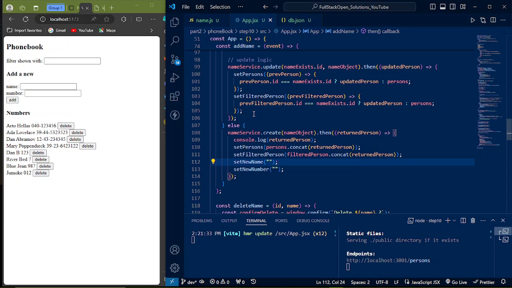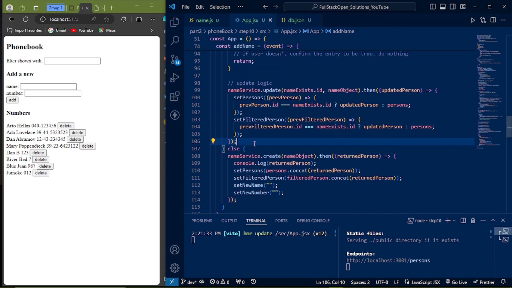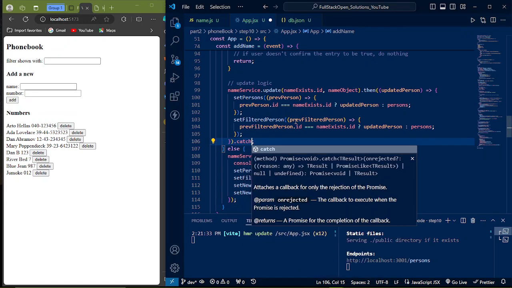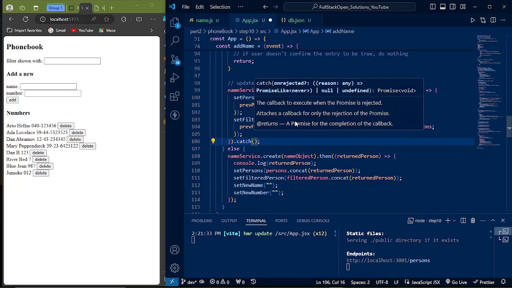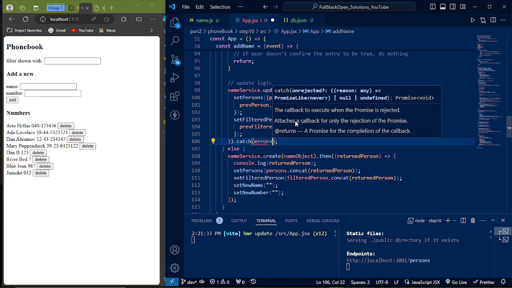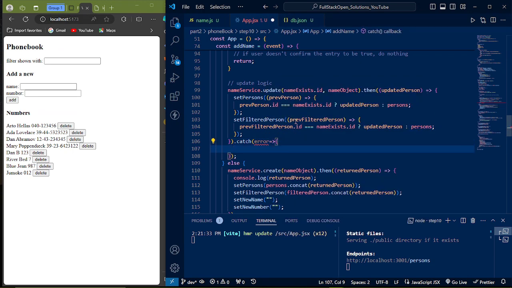And also, before we proceed, we can also handle the errors that might be faced if the update does not go well. So we can just use a catch block. We can do something like this. So we can just say